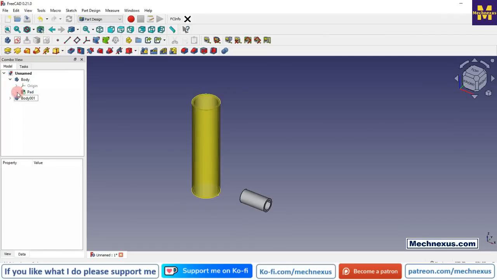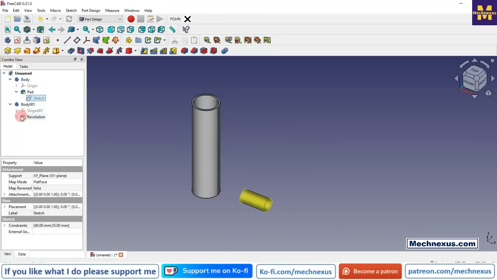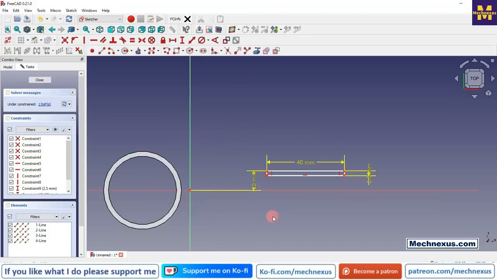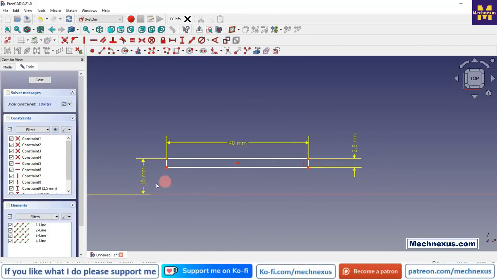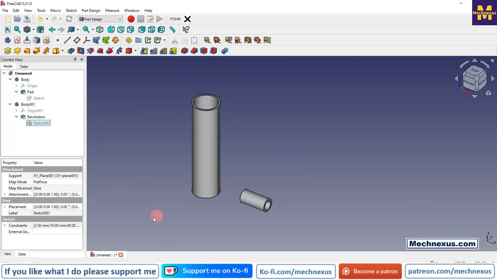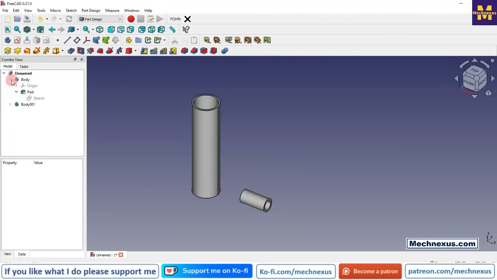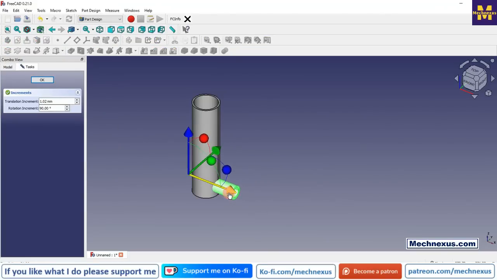The larger pipe dimension is outer 40, inner 35, and our smaller pipe is of thickness 2.5, OD is 20 mm, length is 40. Now these are two independent bodies, so we can move them with the help of a transform. For example, this pipe I can move, so I will move this pipe inside,